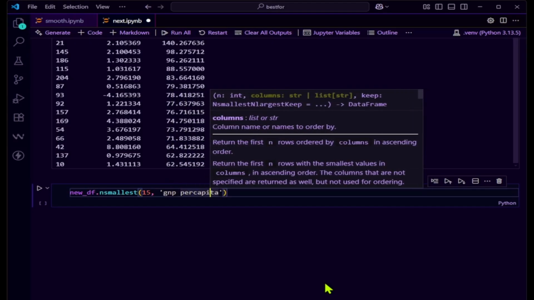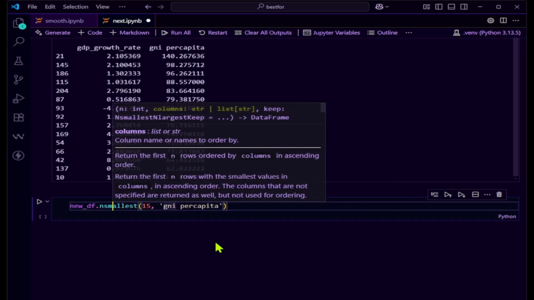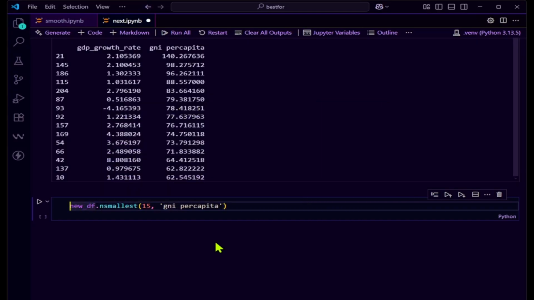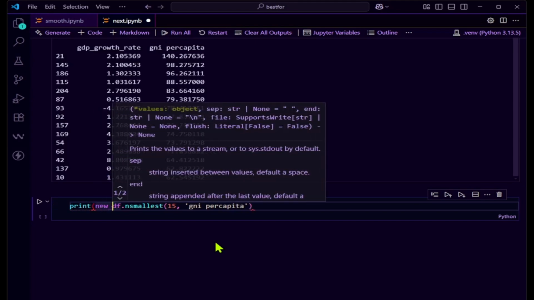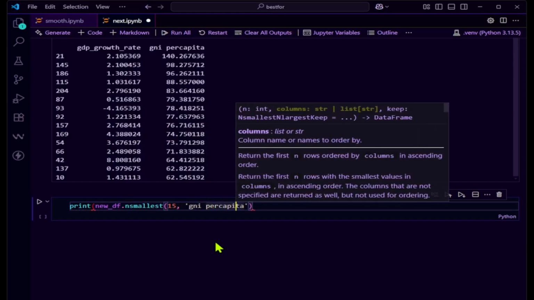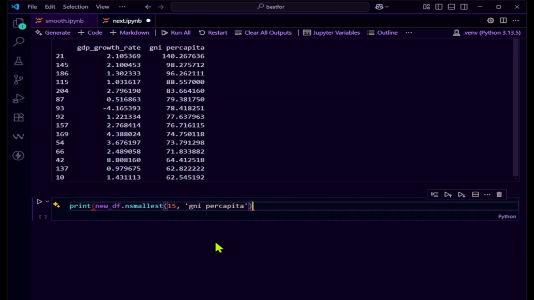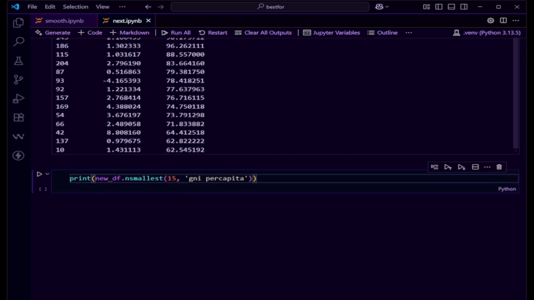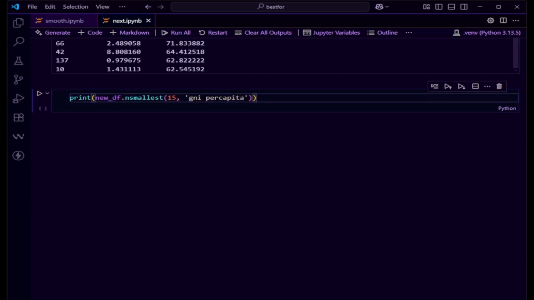Okay, let me make sure that we're not writing incorrect. Print. Let's print that. And let's close the print statement. Okay, let's save it and let's get this list. Okay, I want to make sure you see it. So when I run all,